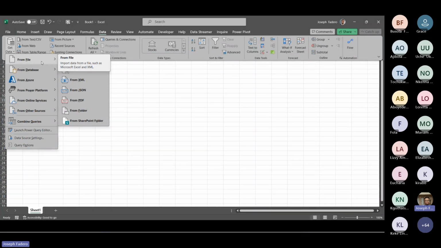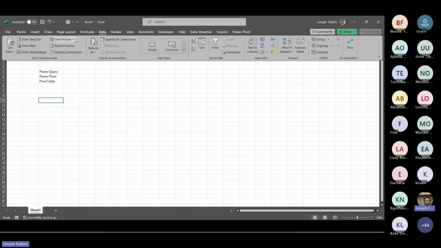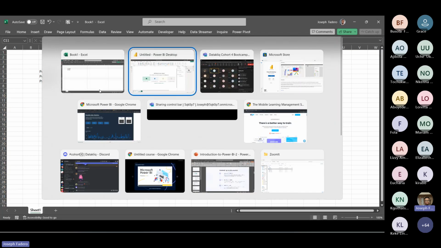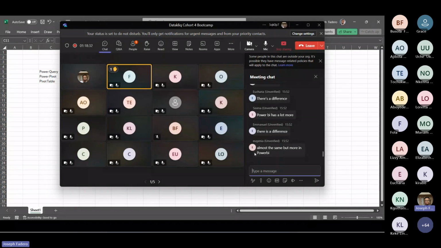Though with Excel, you can also do some nice connection, which I don't know if we did it. You can get data from a picture in Excel. I don't know if we did that, but you need to have a Microsoft 365 license. It's just a simple process. If you have data as a picture, you can just get data from that picture and you will see it. I don't know how many of us want to actually see that right now. Do we want to see that, or I should just skip it over? So how to get data from Excel from a picture?